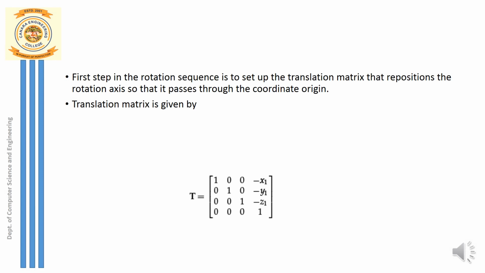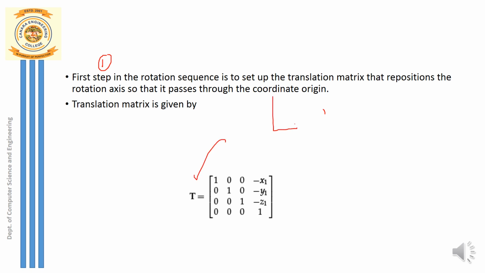Now as we already know from our 5 steps, what is actually our first step? The first step, before I perform the actual rotation, would be translation of the object to the origin. So how do I perform the translation of the object to the origin? Translation of the object is nothing but translating all the coordinates of the object to the origin. In order to do that, I need to know what a translation matrix is.